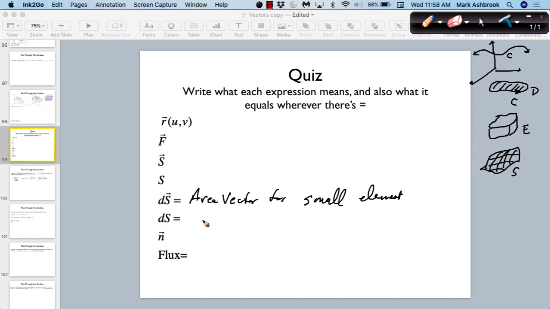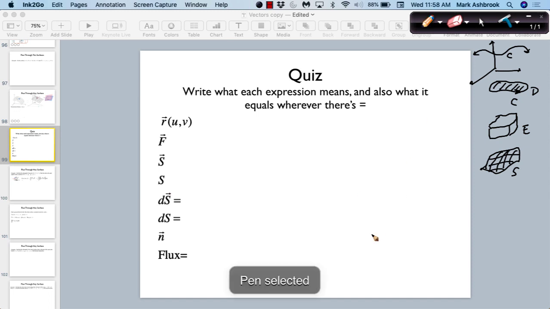So let's go back and say, what do these equal? What is the dS vector? Remember? r_u cross r_v